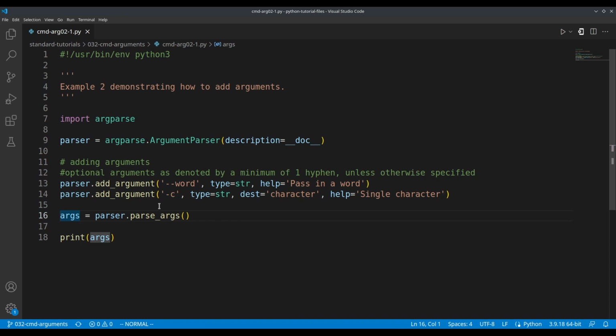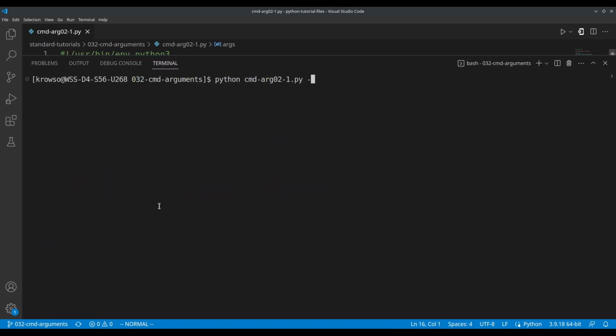I have seen some programs use single tack with full word parameters, but most of the time, in a lot of programs that I've seen, usually two tacks is for a full word, and one tack is just for a single character type parameter. We're going to specify word test